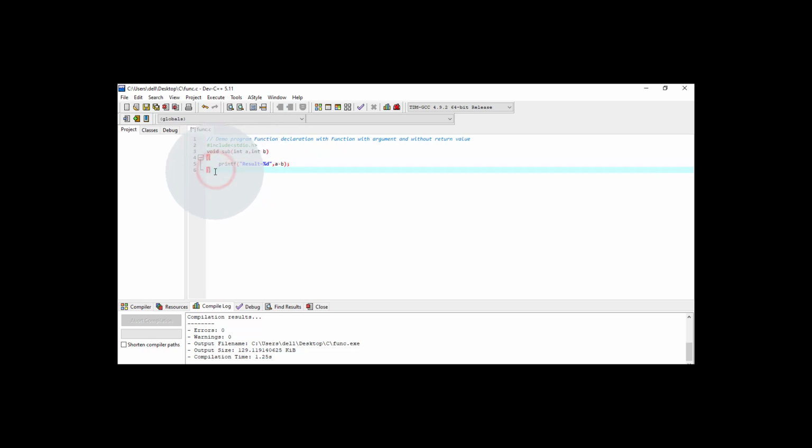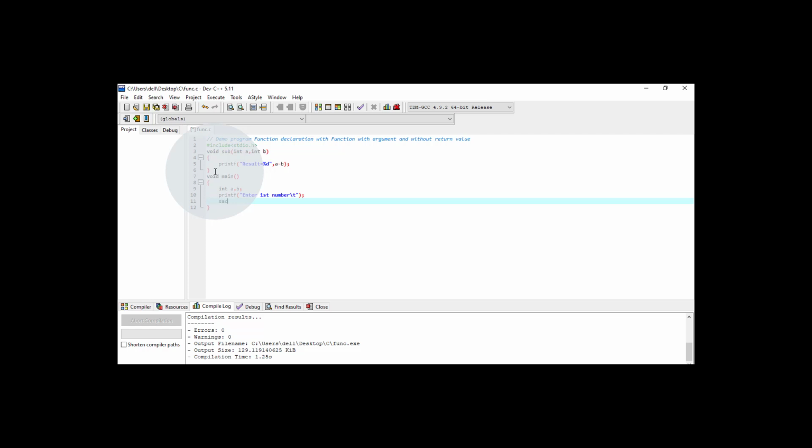So I'm going to make a call for this function. For that I'm writing another function, void main, and within this function I'm declaring two variables of type int, a then b, and I'm asking the user to enter the first number, then the second number. So here I write "enter first number", and here I use the \t escape sequence, then put the semicolon at the end.